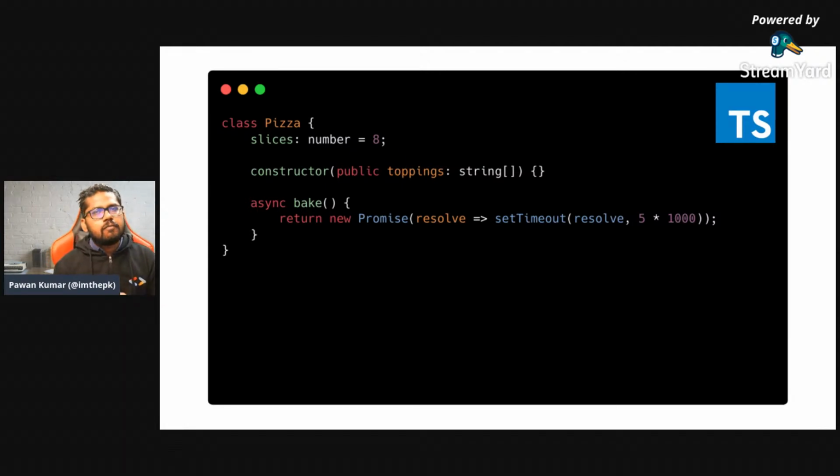So when we talk in terms of a class, I know many of you might be a little confused when someone asks you what is the difference between a function and a method. So this is a method. Why? Because when you talk about a class, everything inside it is a method, and when we talk about outside a class, then it's a function. So that's why I'm calling it a method.